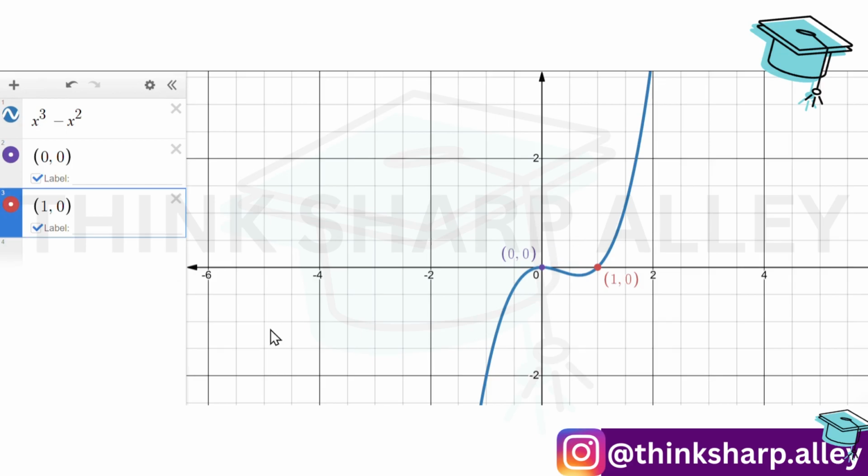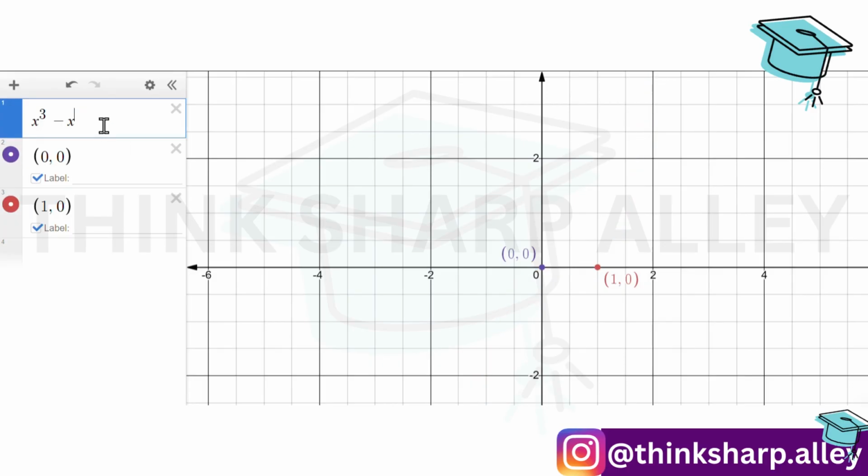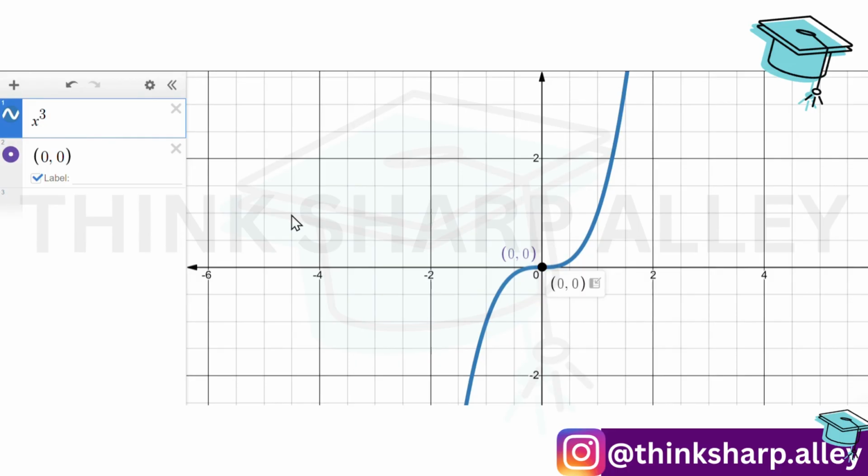Now what do you think, how many zeros will a polynomial like just x cube have? And what will be the shape of that graph? Let's see. If I just write x cube, clearly there is only 1 zero because the graph meets the x-axis at only 1 point, that is the origin. So in this case, 0 is the zero of the polynomial x cube. So from these examples, it's clear that there are at most 3 zeros for any cubic polynomial. That means a cubic polynomial might have only 1 zero or maybe 2 zeros, maybe 3 zeros.